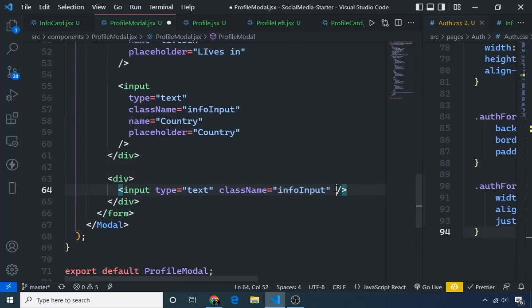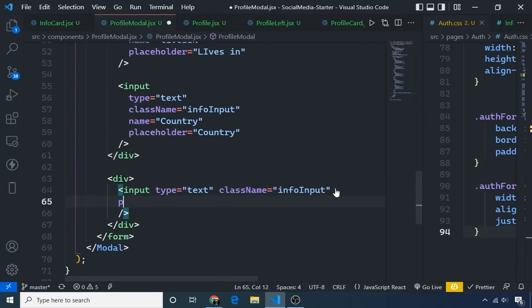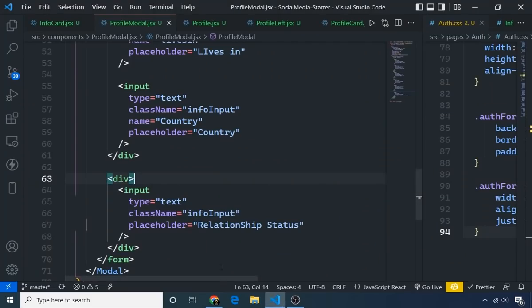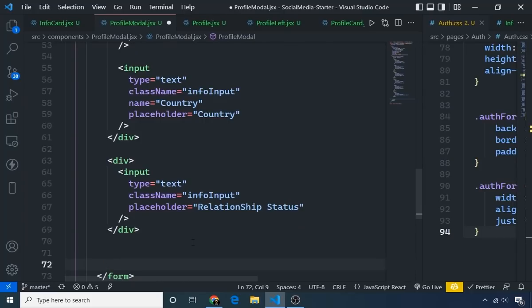Okay, so by the way, the next input placeholder is relationship status. Okay, so relationship and then the status. Now just save this. Okay, let's have a look at our form in the application. If I click this, now I have to make two other inputs for uploading the cover image and the profile